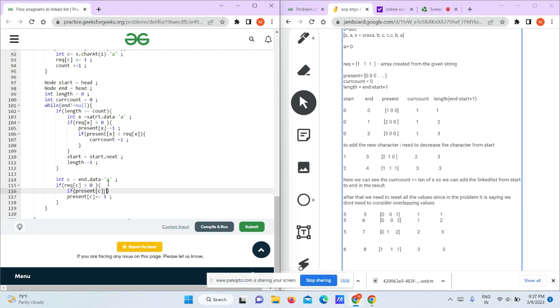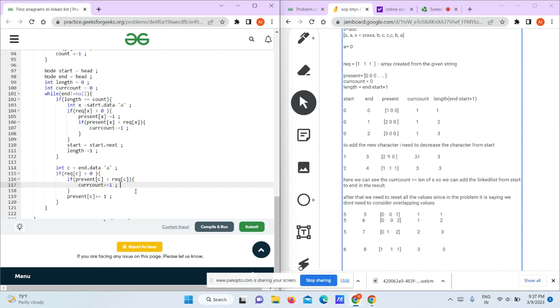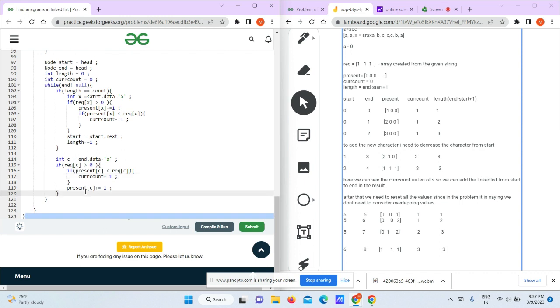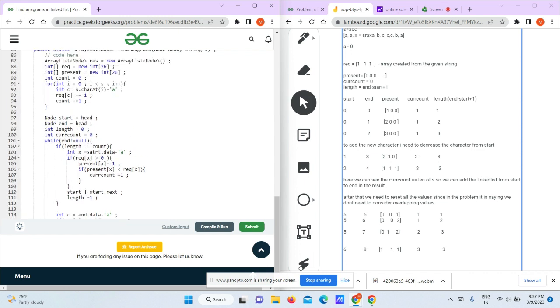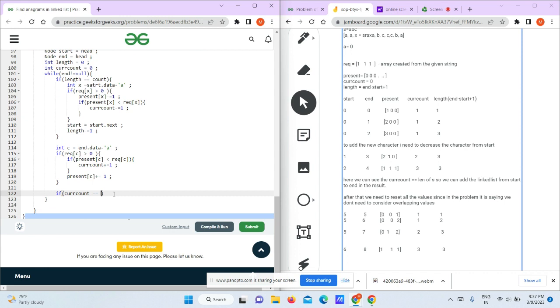See, if the present of C is less than the required amount of C, if it is less, then only I need to add the current count value by 1. So I don't need to add this value by 1. Okay, after that, last part, we need to check the current count value if it is equal to the length of the string. Length of the string is nothing but count value. If it is equal to count,